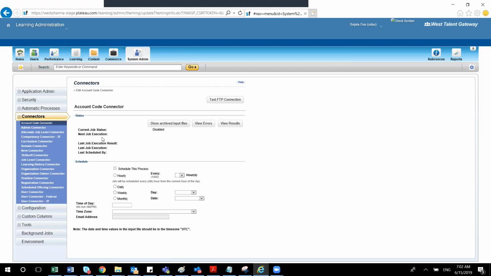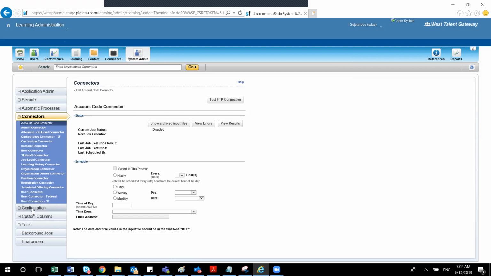We have an import export option also. You maintain the data in an Excel and you can directly upload without going through this complexity. But the thing is, there you will not get a proper error message. The exception handling will not happen directly; the system will not show exactly if any error happens. Here the error handling is very smart. Whatever error happens, the system will tell you, "Boss, this is the error, and these are the things you have to do." For that reason, we use a connector.